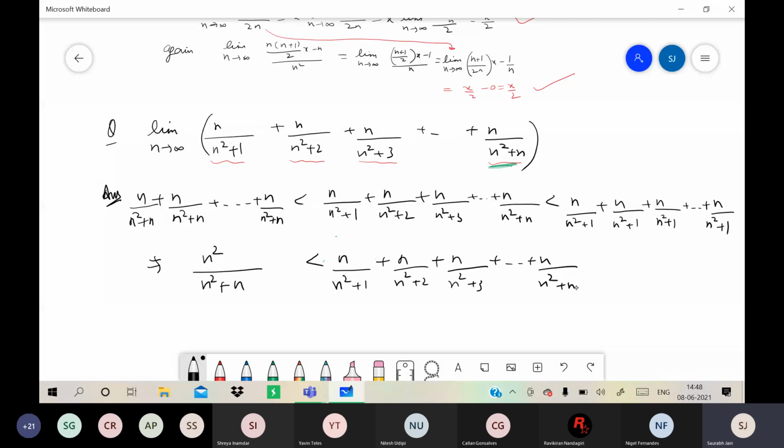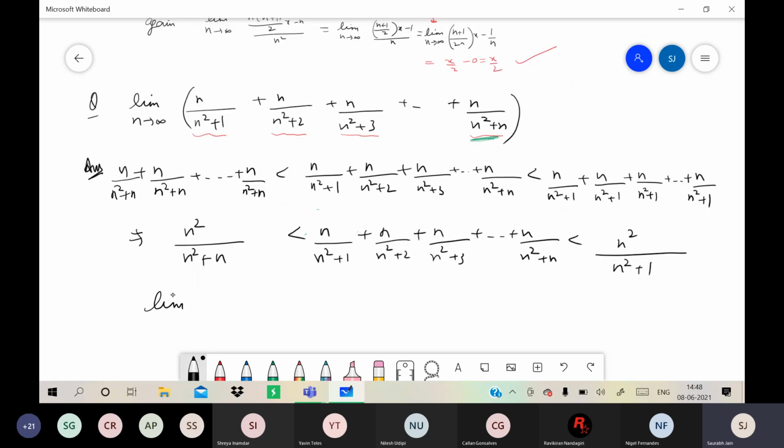And on the right hand side, we keep the denominator n square plus 1, and here also we add, we get n square, right? So this is how we get the inequality. Now we will find the limit of the left and rightmost. We find this limit. This will come out to be 1 only. Why? Divided by the term having highest power. 1 will be the answer.